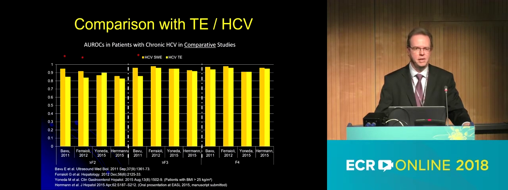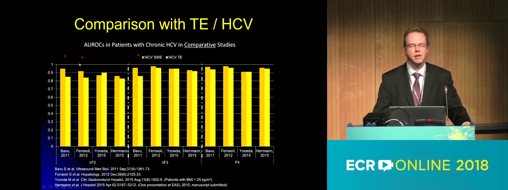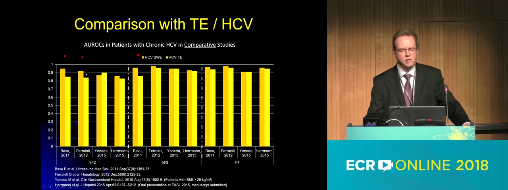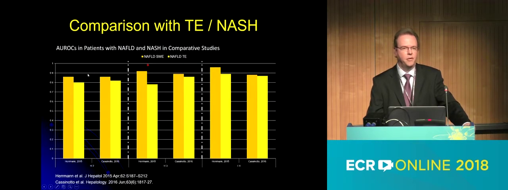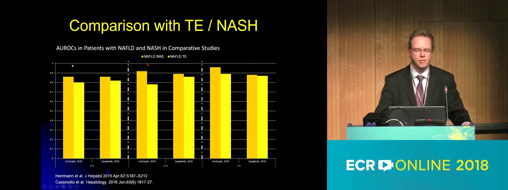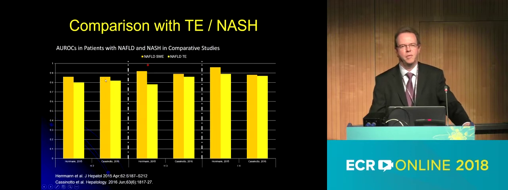Same thing for Hep C, where you see that shear wave elastography performs at least the same or sometimes significantly better than transient elastography. Same thing for NASH, with a limited number of studies and with an area under the curve which is a little bit lower, but again, shear wave elastography performs at least as well as transient elastography